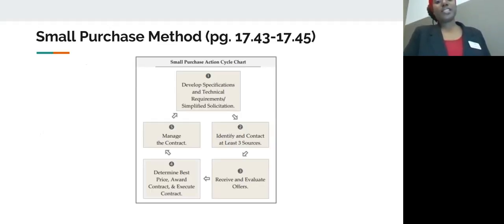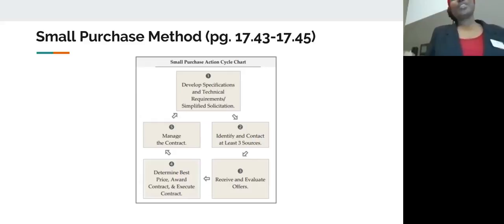And with that, you can get your specifications, you can get your contacts, and it's not anything like you have to do this robust type of work, but rather just making sure you have your 3 sources. And that could be just as simple as getting a phone call and documenting that phone call, or sending an email to different sources to see if you have any type of feedback. And even though small purchase may not be ideal for all situations, micro purchase may be the best method for you. However, small purchase method